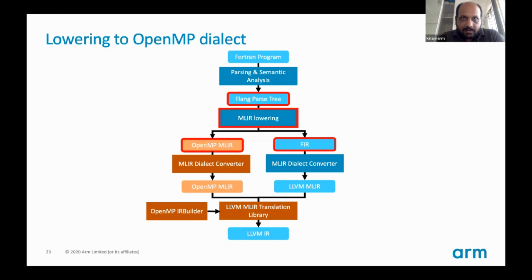Yeah, I think one aspect is it looks like the MLIR lowering creates two separate things, and they look kind of completely separate, like separate pipelines that are handled separately. But the point is, it is one module. It is like the FIR and the OpenMP MLIR dialect are interleaved, so it's not like separate. It's just for the sake of the representation separate here. It's actually all mixed together, all scrambled together.